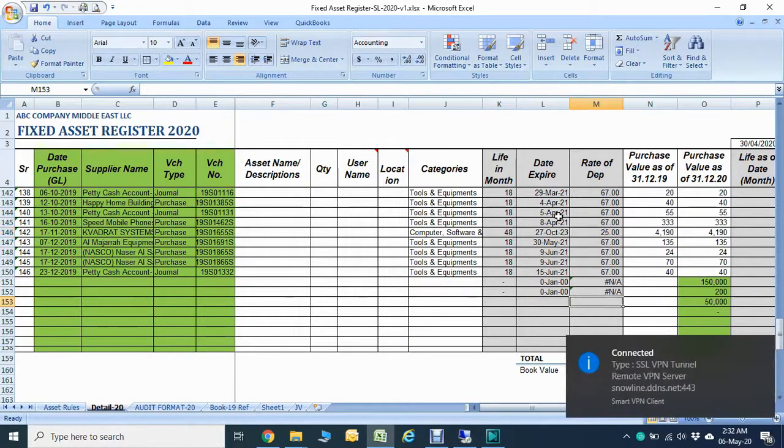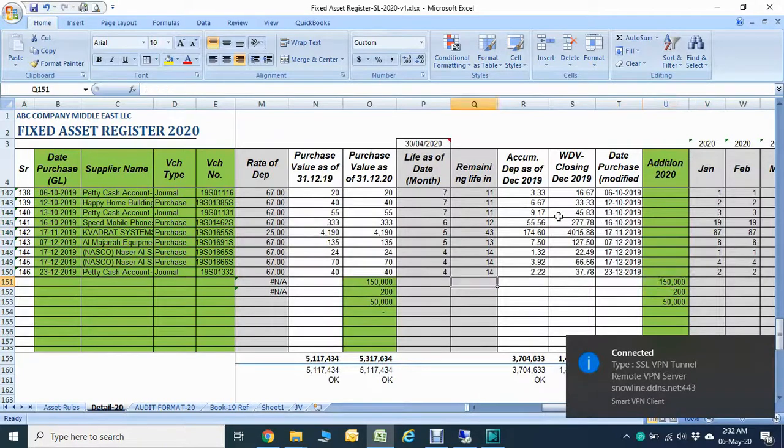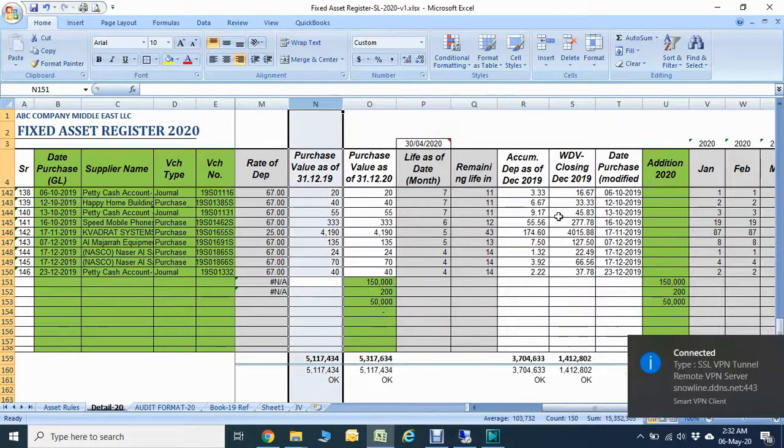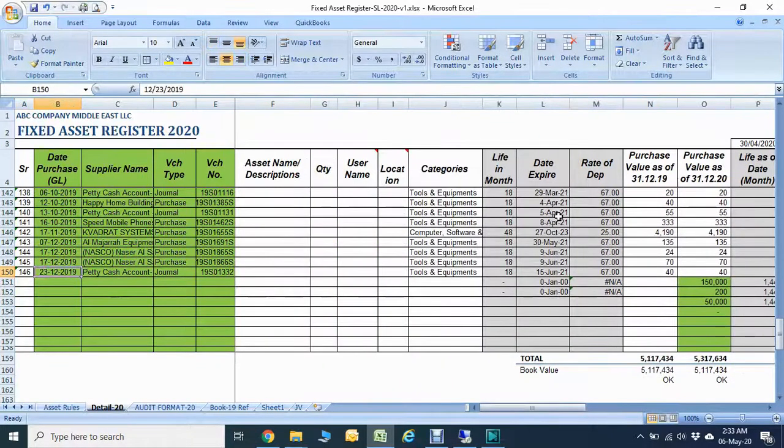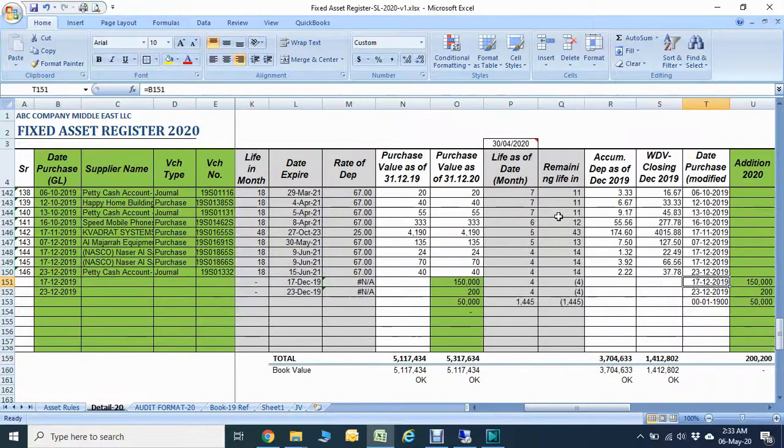So you don't need to do anything. Copy and paste down, and this column you don't need to update. It is from the previous month, and here you have already updated. This gray color you just have to copy down. Okay, and these two columns also don't need to be updated. Now this is the purchase date modified. You put the purchase date modified here, meaning, let's say we purchased in December 2020 or January, February, some amount we have purchased. I'm putting any date here, and the date will work here like this.